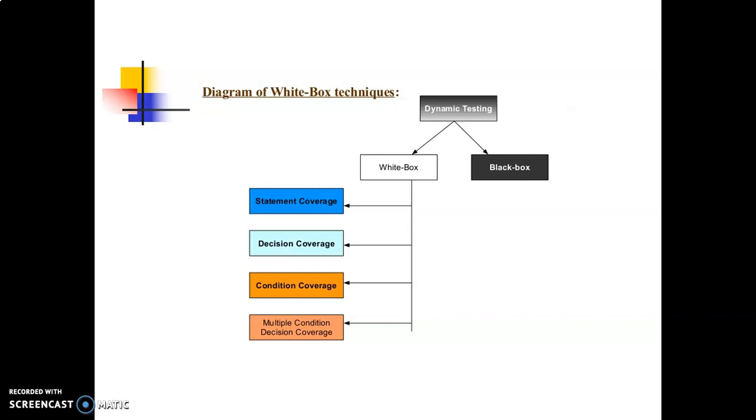We need to find out whether the code works according to the functional requirement, and whether the code has been written in accordance with the design developed earlier in the project lifecycle. Static testing can be done by humans or with the help of a specialized tool. So static white box testing is the process of carefully and methodically reviewing the software design. In this video, we'll only discuss some dynamic white box testing techniques.